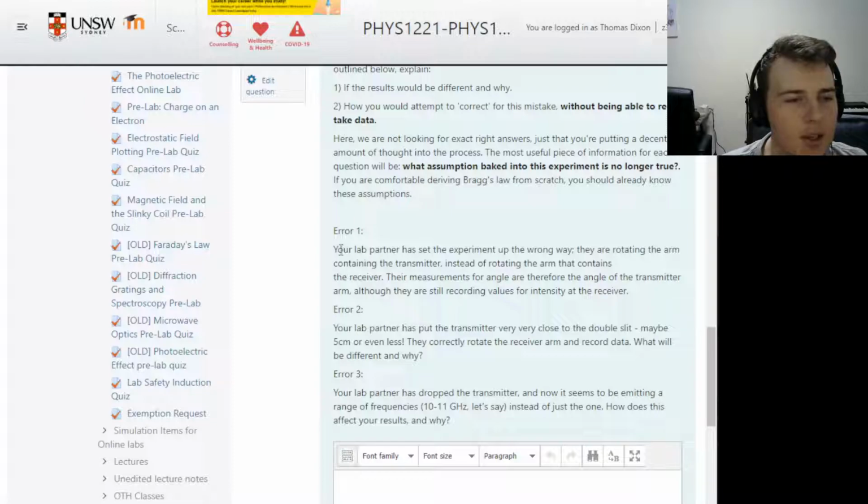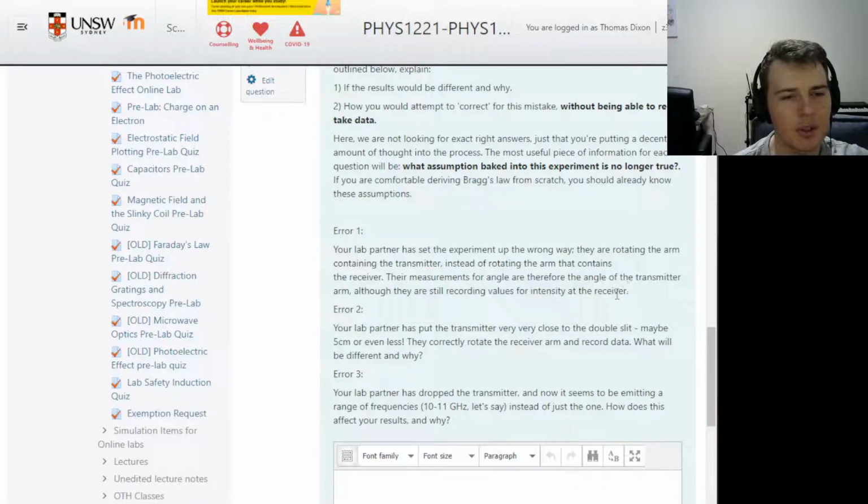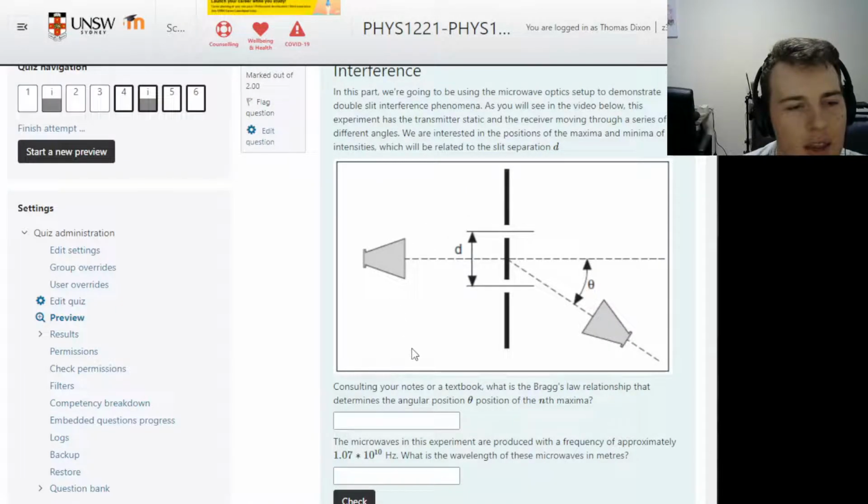Anyway, so your lab partner accidentally moved the wrong one. This is inspired by a true story, like half the kids who do this experiment. They rotate the transmitter arm instead of the receiver arm. They still measure angles, but the angles are technically the angle of the transmitter instead of the angle of the receiver. So what's happening here is when they rotate this,